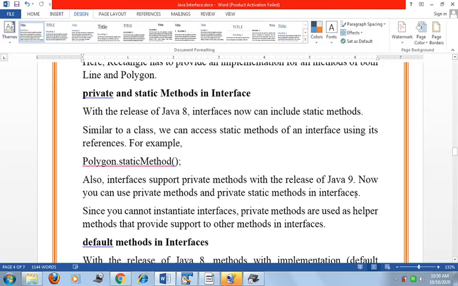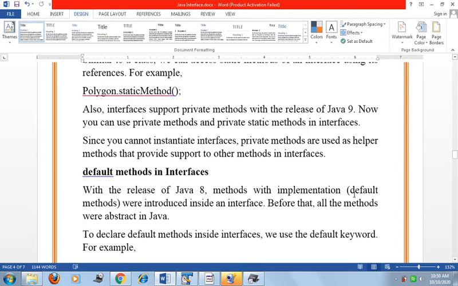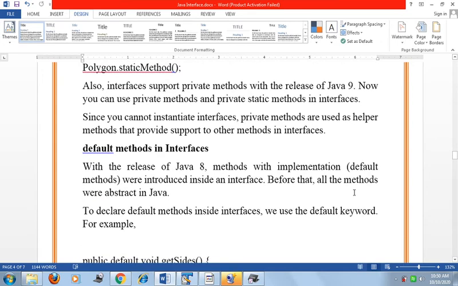Now you can use private methods and private static methods in interfaces. Since you cannot instantiate interfaces, private methods are used as helper methods to support the other methods in the interface.